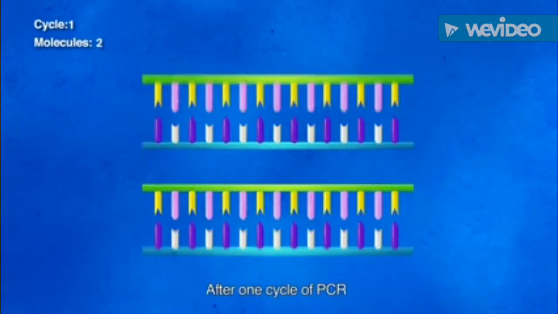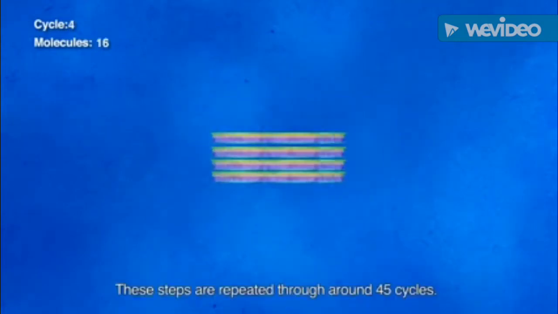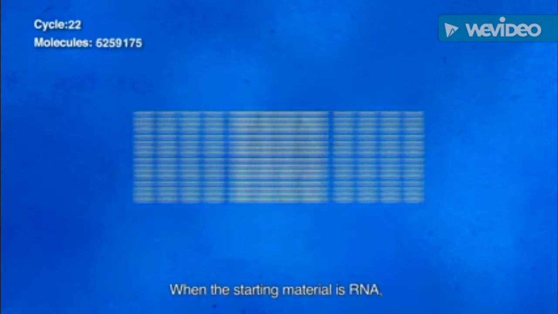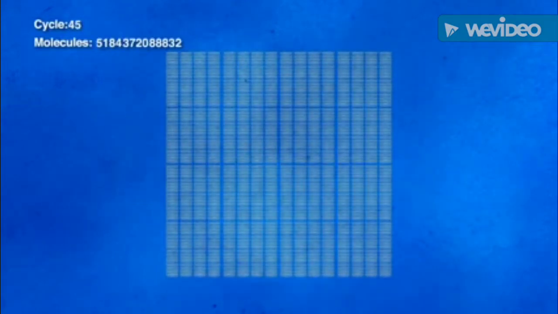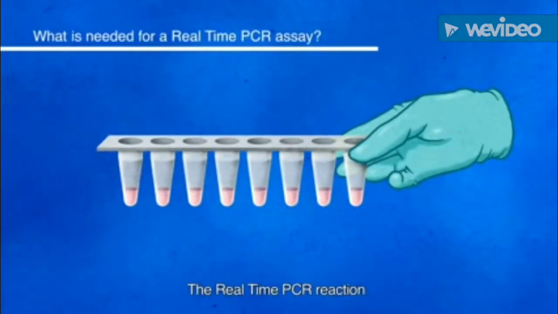After one cycle of PCR, there are twice copies of the target DNA. These steps are repeated through around 45 cycles. When the starting material is RNA, one first additional cycle of reverse transcription is required. The real-time